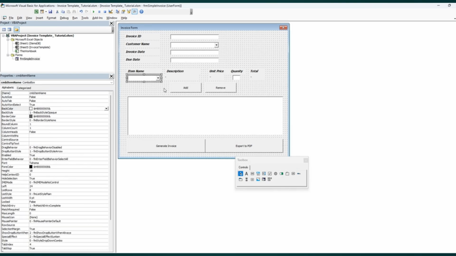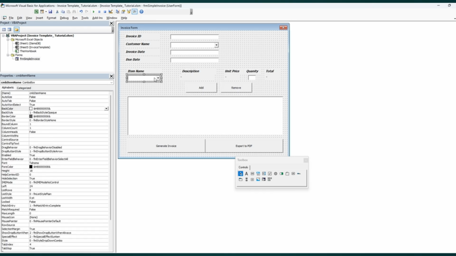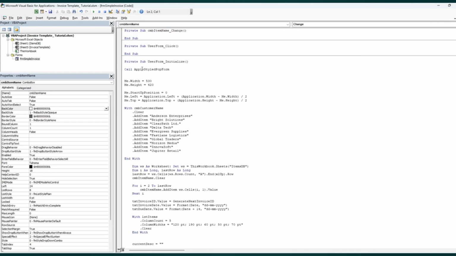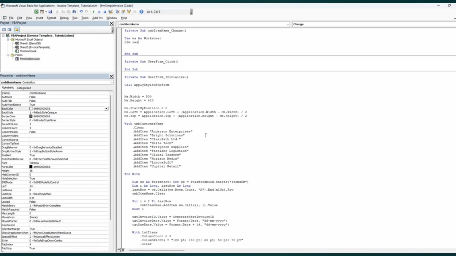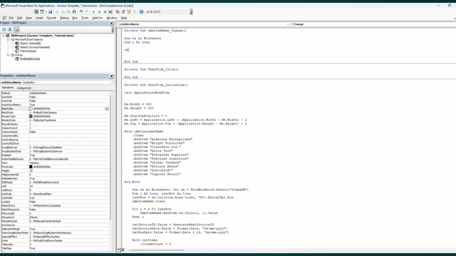First, we can just expand this a little bit more. Maybe move it over here for now. And then double click on it because we want the change event to happen when you fill this in. And the way we're gonna do that is Dim WS As Worksheet. Then we're gonna Dim I As Long. Then we're gonna do If cmbItemName.Value = "" Then